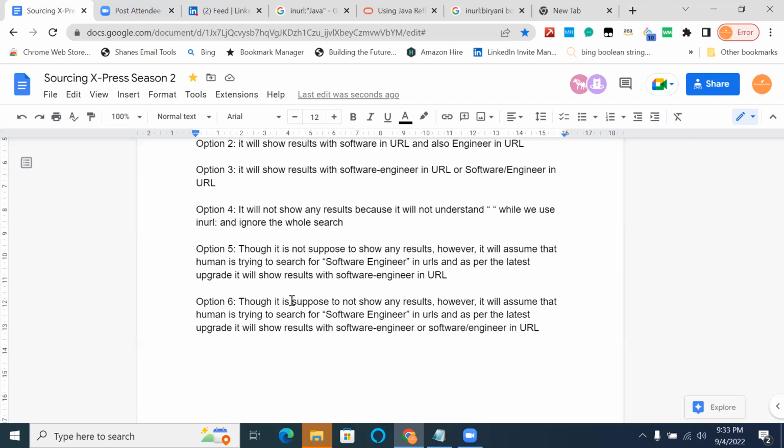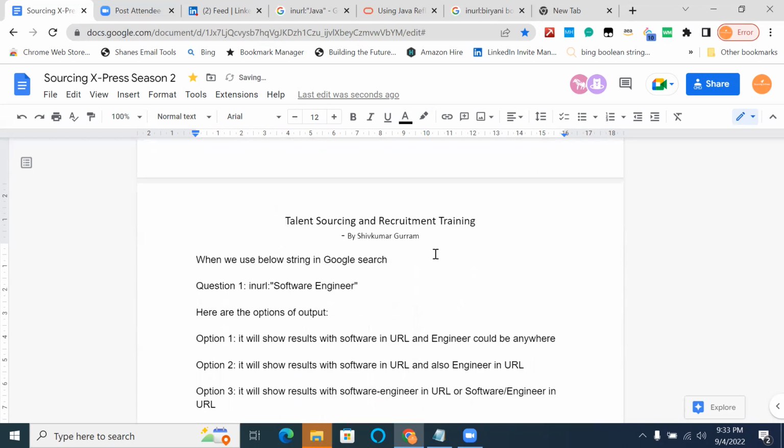Option 6, though it is not supposed to show any result, however, it will assume that the human is trying to search for software engineer in URLs, and as per the latest update, it will show the results with software hyphen engineer or software slash engineer. Select all the correct answers when we use the below string in Google search.